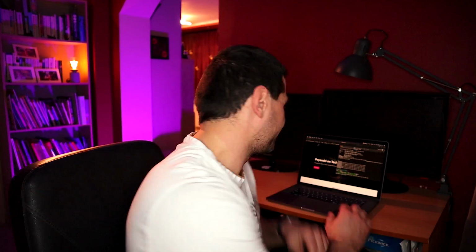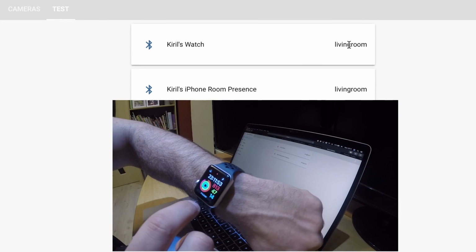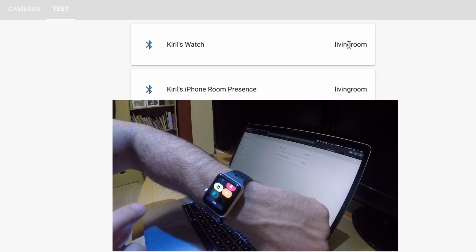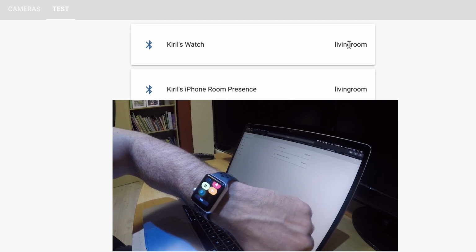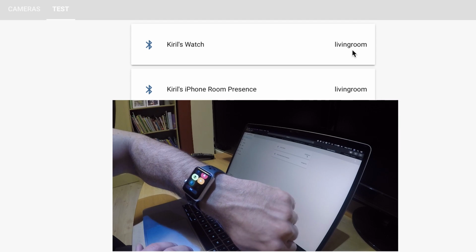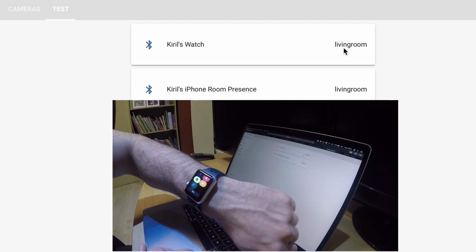Now let's continue. Here it is. Now I'll turn on the flight mode, which will disable the Bluetooth. And here, after around 15 to 20 seconds, my status should be updated to not home.